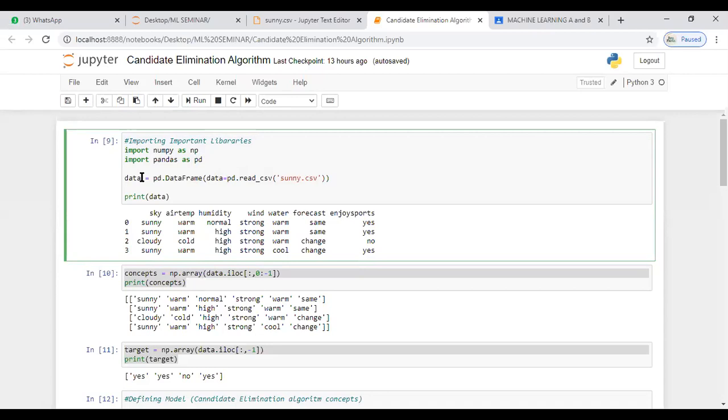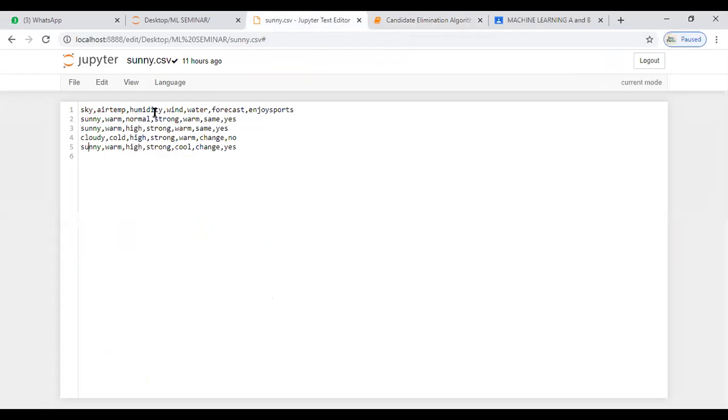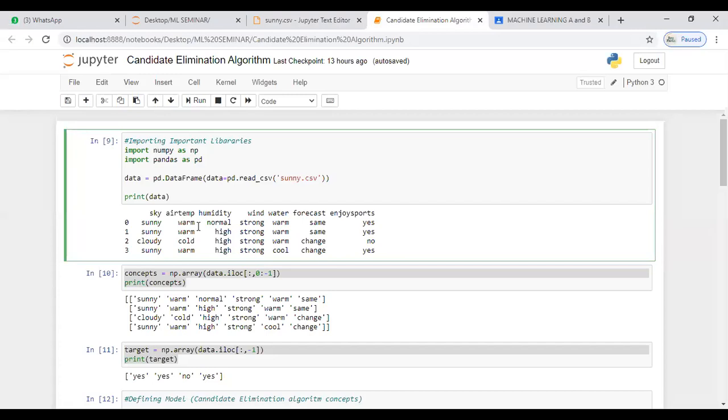Now I define a variable data. What does the data consist of? The data consists of all the data sets, all the 4 records I need to consider, and I need to store it in a variable data. What I do is use data = pd.read_csv. read_csv is a command to read all the records which are present in the CSV file.